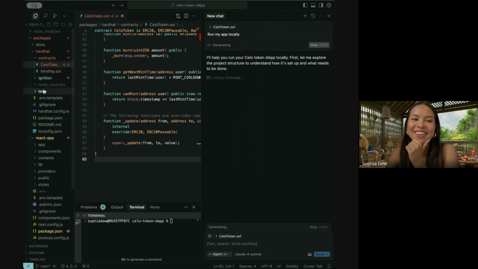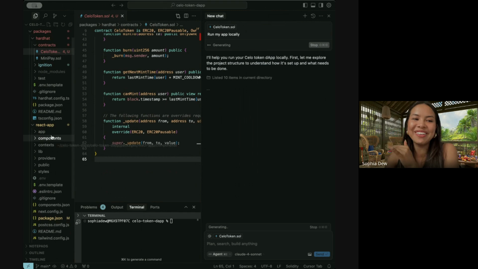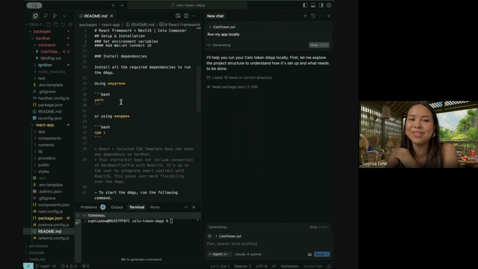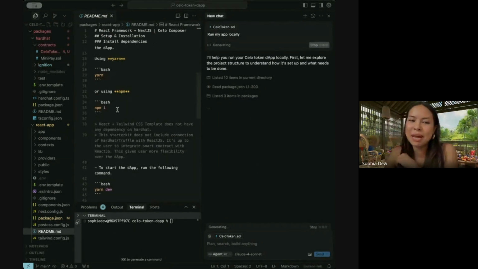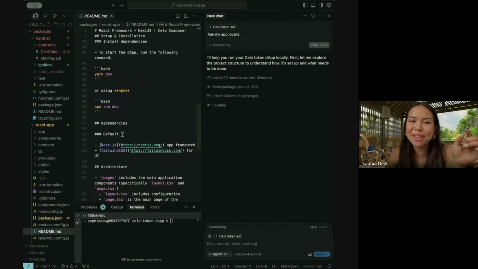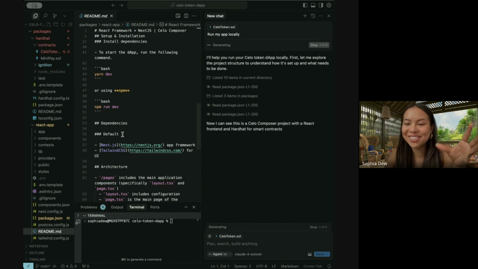But typically what I do, because I'm trying to do it fully vibe coding, is you can go to the README, and it's going to tell you exactly what to do. It's going to say do npm install, do npm run dev, and then it's going to open up an app. But because we're doing this for the purpose of vibe coding,